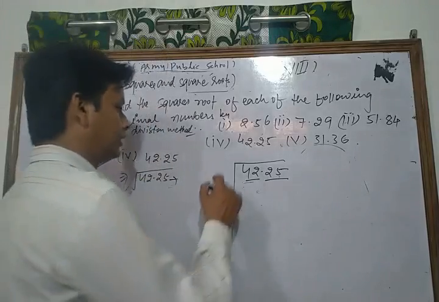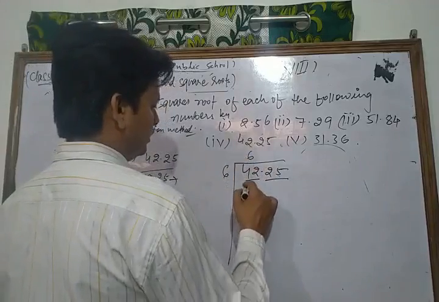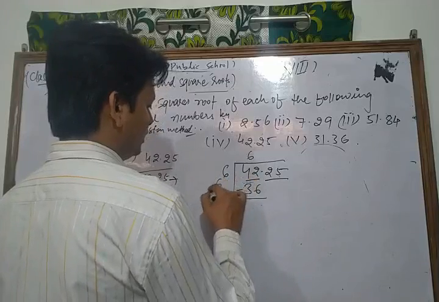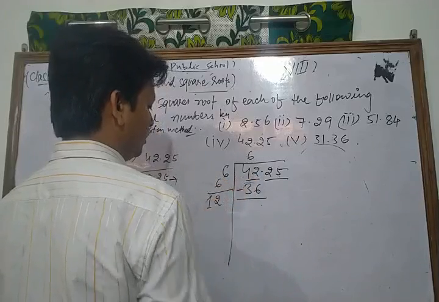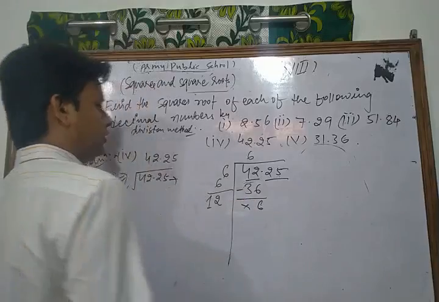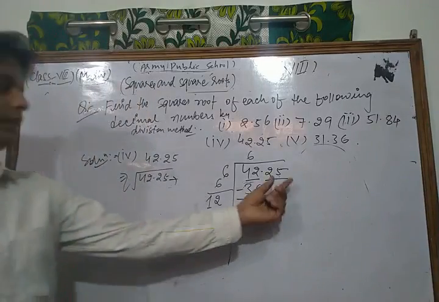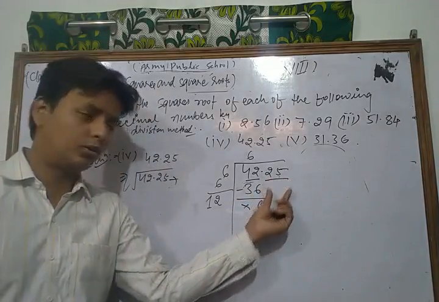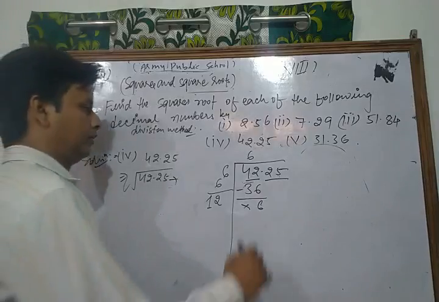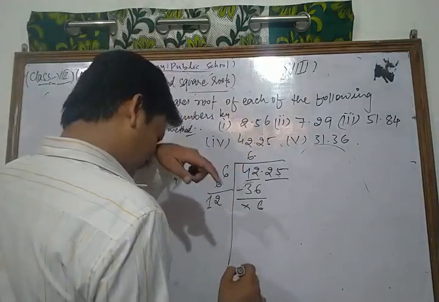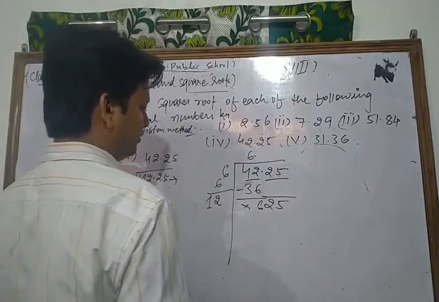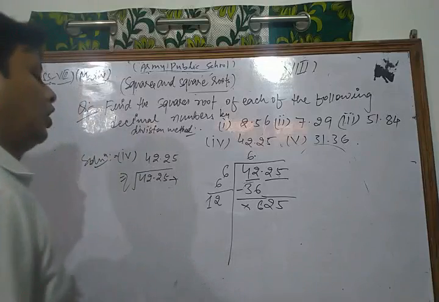Okay. So let's see. 6 6s are 36. Now we subtract this. Now 6 6s are 12. Now this is 12 minus 6, this is 6, and this is 0. Okay. Now we write 25. We write pair in pair, 25. Before that, we write the decimal at that place. 25.